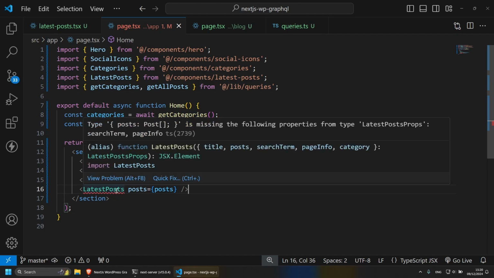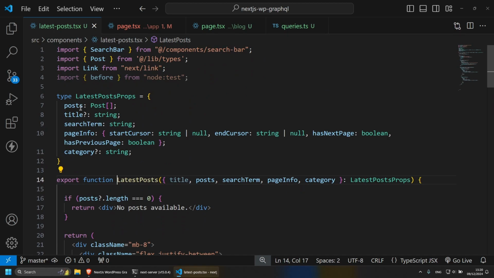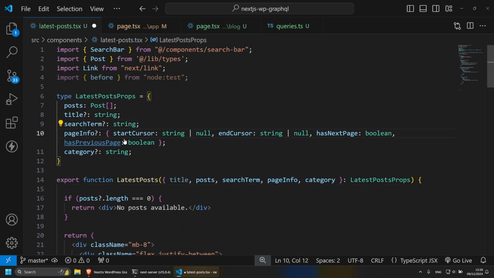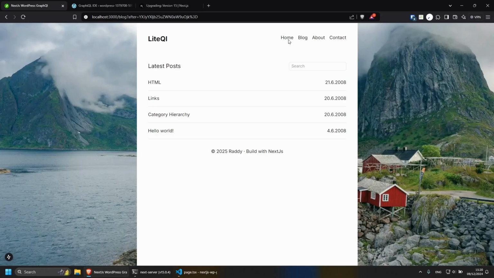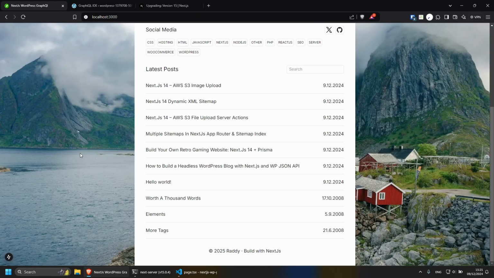Let me have a look. Post is missing the following properties: latest, post props, search term, and page info. Well, the search term and page info should be optional. So if I go here, let's do search term and page info as optional. Now this should be gone. Here we go. And if I go back to my homepage, we should be able to see all the blog